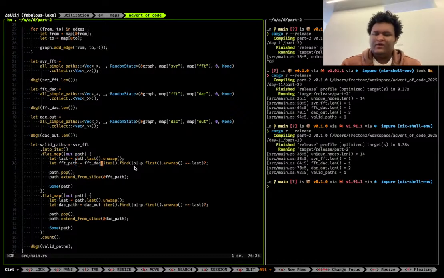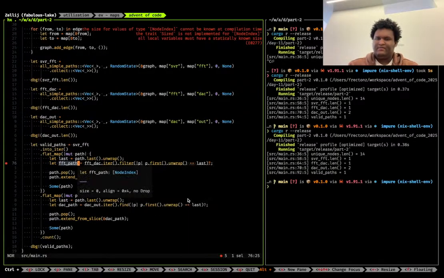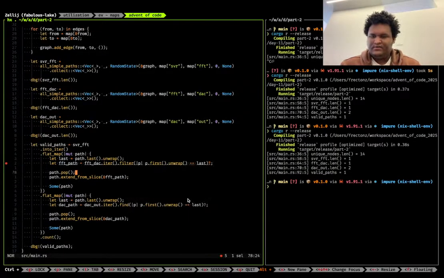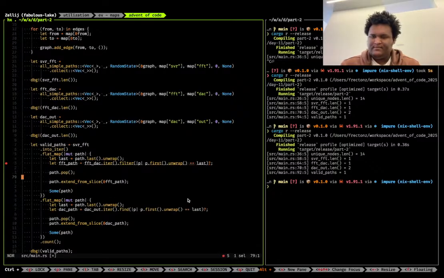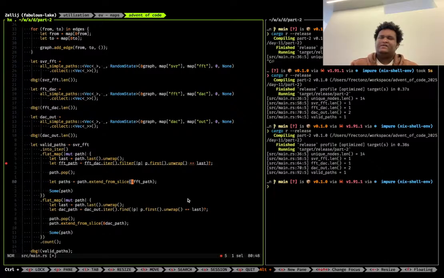I think we need to filter instead. Filter, so we could have multiple A50 paths, right? So in that case we will still need to pop, but we will need to create multiple paths, right? So I think there could be multiple that start with the current one, not just a single one, so we want to keep track of all of them. So we would need to